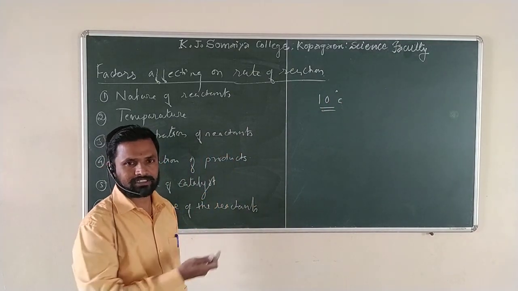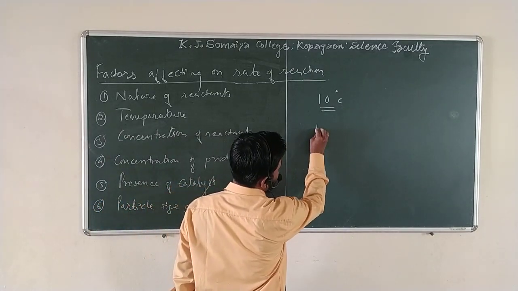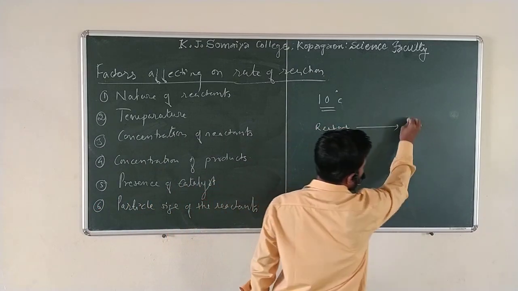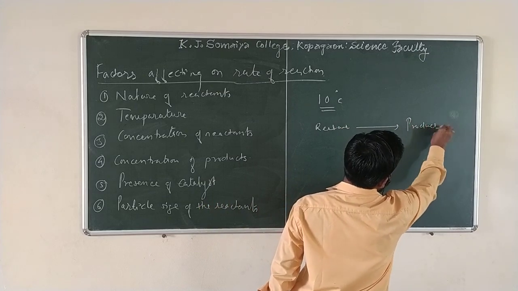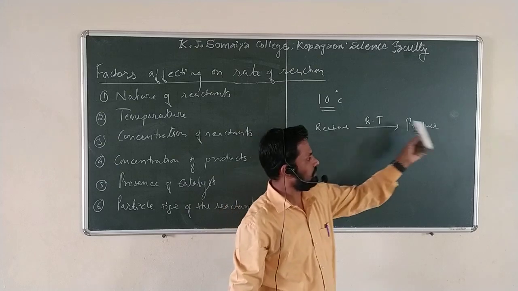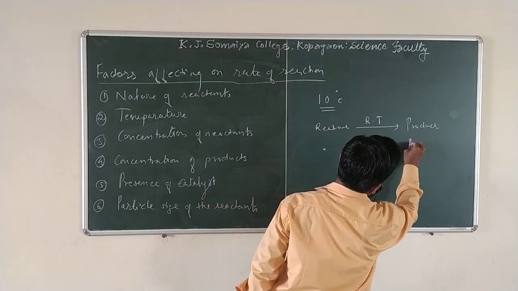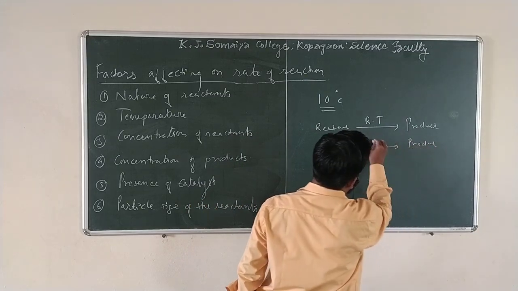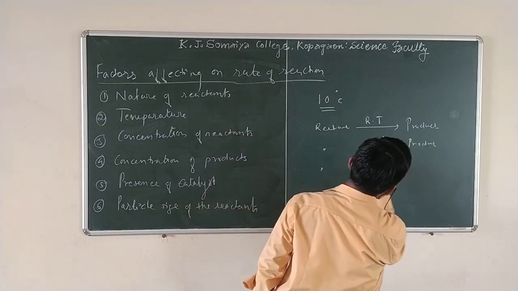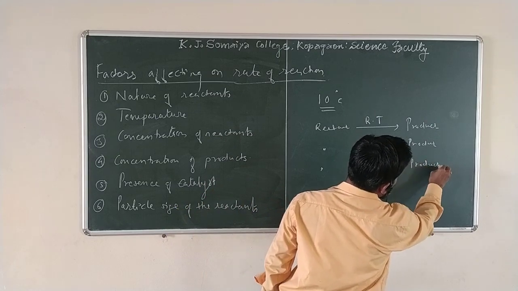most of the examples we have already studied, and we can see in the laboratory also, some reactants are converted into the products only at room temperature. Some reactants are converted into the products with some heating, maybe 50 degrees Celsius. For example, some reactants are converted into the product at 200 degrees Celsius. Why is this variation there?